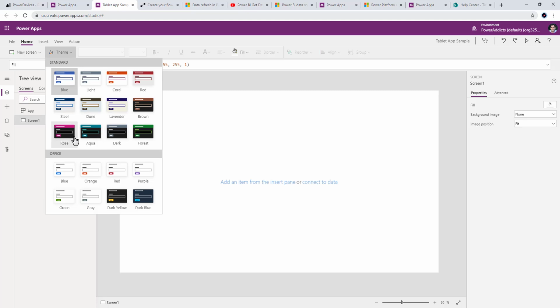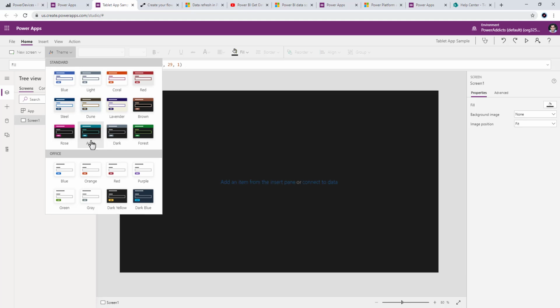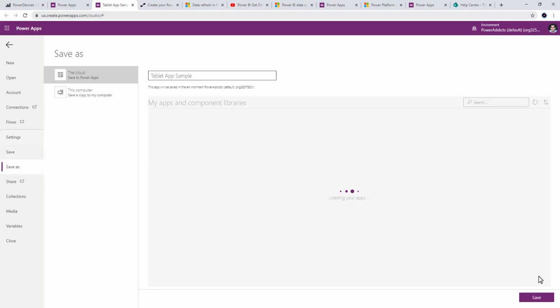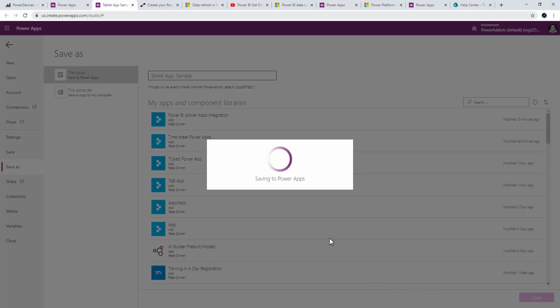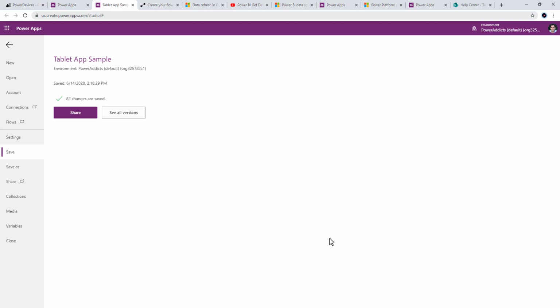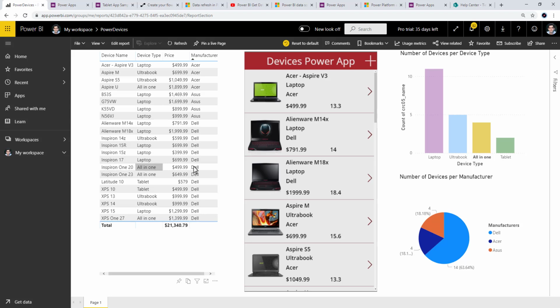And let's say I just pick a theme right now. I'll pick the aqua theme, and I will go ahead and, what do I need to do? Save my app. Now imagine you have an existing app that your organization has built, and you would like to put that app as well in Power BI. You can do that. Imagine this is that app. I just built an app. The key thing here is this app is built with the tablet experience. Of course, it could also be the mobile experience. It doesn't matter. Now, if I head back to Power BI, okay, and let's say I go back to my